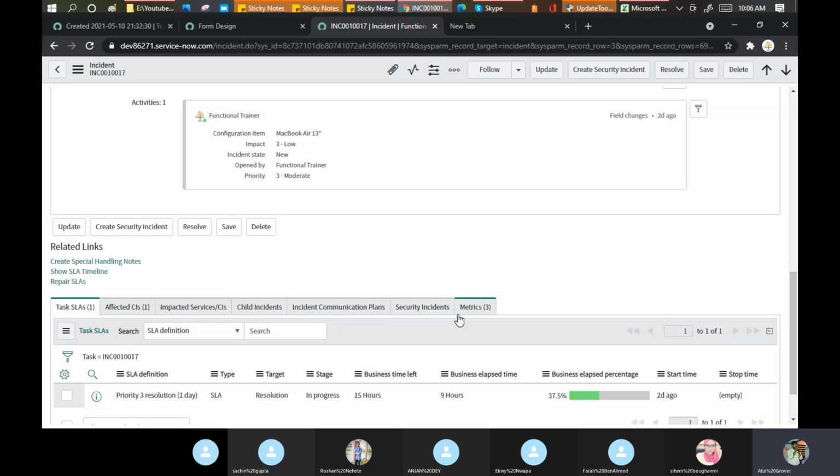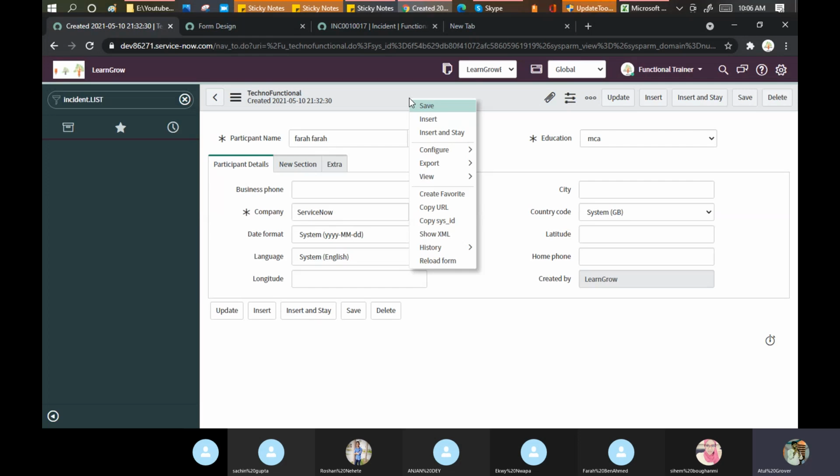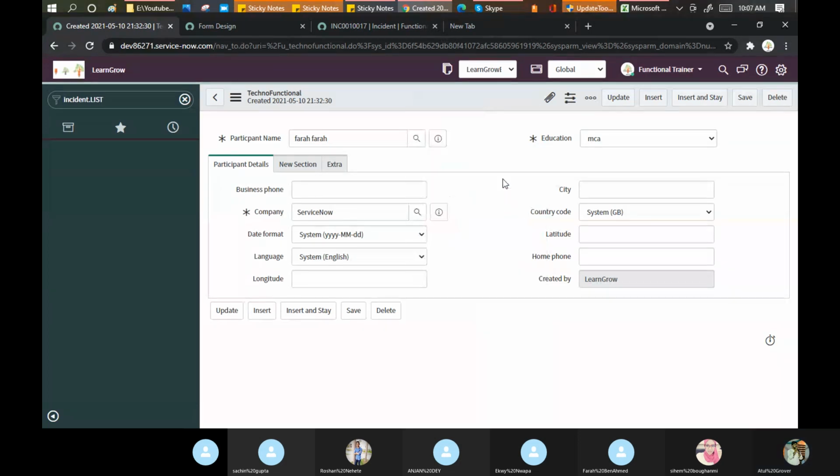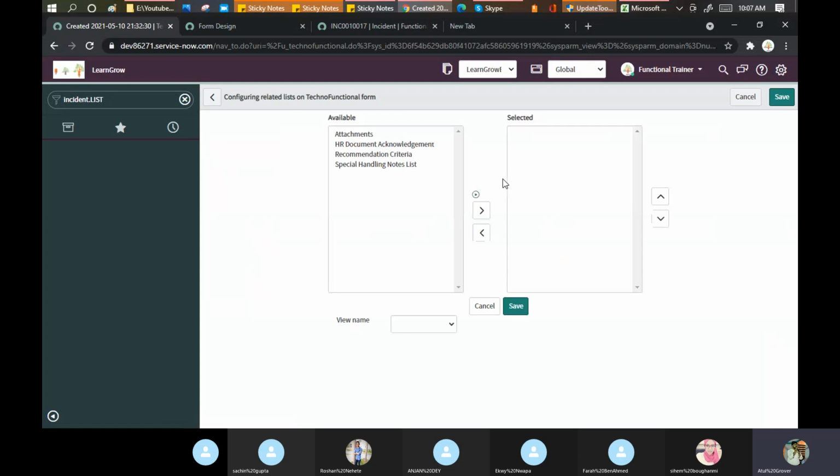And how does this related list come? Basically go here, click configure and related list. Roshan, for you it will take a little time to understand these things because these are new in ServiceNow. The more you read about incident management from the ITIL perspective or on the ServiceNow side, you will come to know these things one by one.